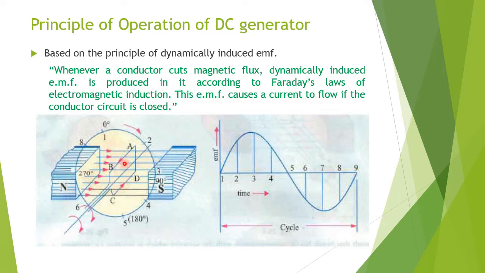And now if this coil is in this position, that is 0 degree, position one, the plane of the coil is parallel with the plane of the face of this magnet. Now the flux linking with the coil is maximum, so the rate of change of flux linkage is 0. So at this point 1, the EMF induced is 0.